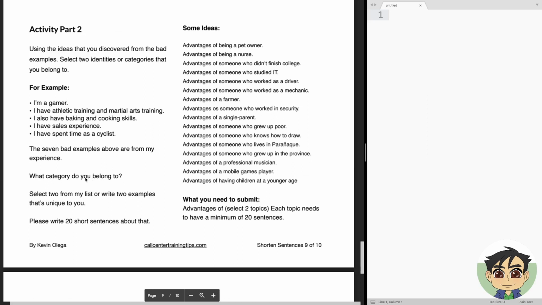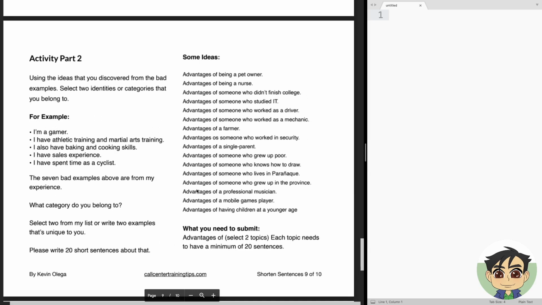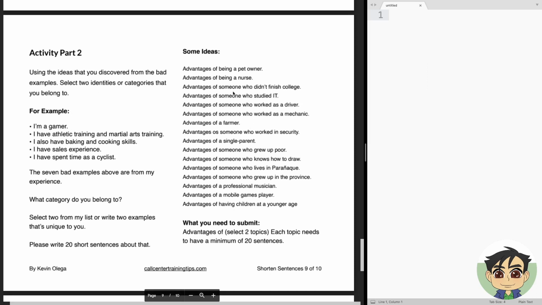Next, what category do you belong to? Select two from my list or write two examples that are unique to you. Please write 20 short sentences about that. So here are some examples that I gave. Advantage of being a pet owner, advantage of being a nurse, advantage of someone who didn't finish college, advantage of someone who studied IT, advantage of someone who worked as a driver, advantage of someone who worked as a mechanic,